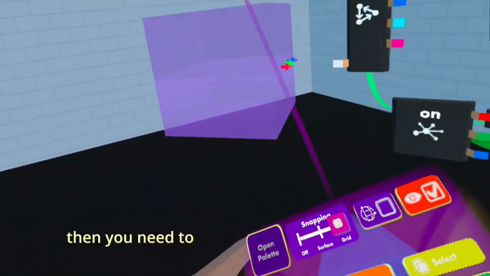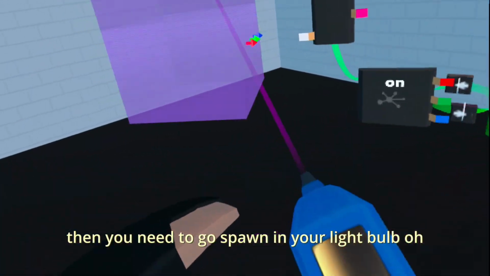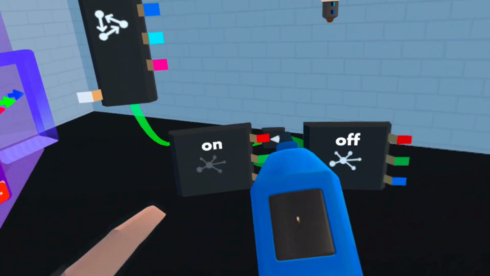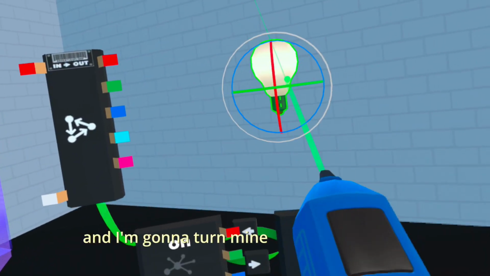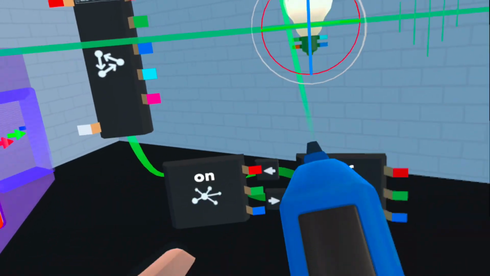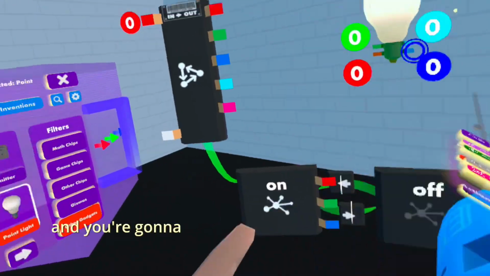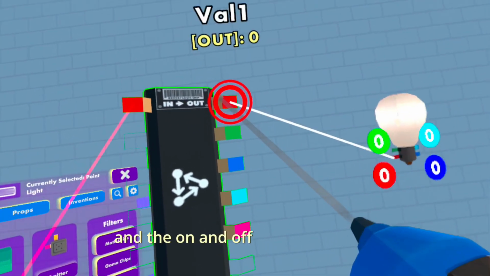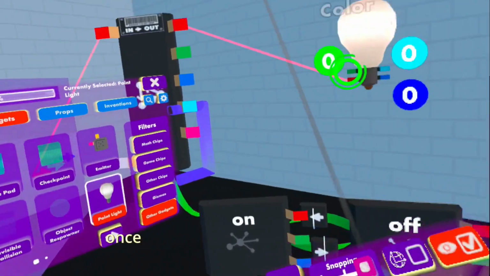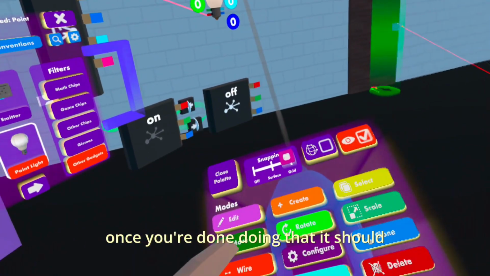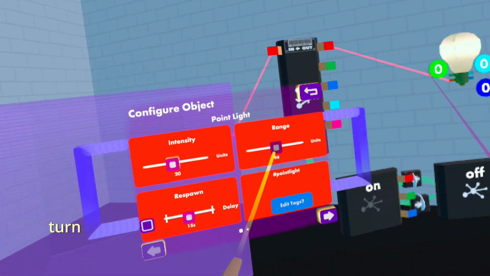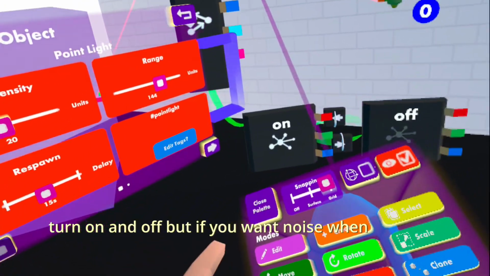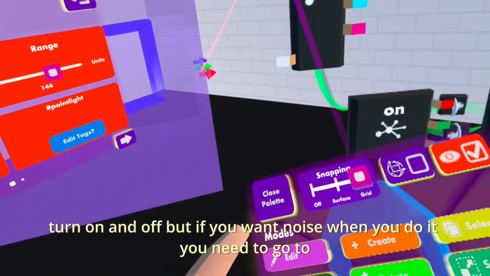Then you need to go spawn in your light bulb, which is right there. And I'm gonna turn mine so that I can see it. And you're gonna wire the when entering zone to the enable and the on and off to the val 1. Once you're done doing that, it should turn on and off. But if you want noise when you do it, you need to go to